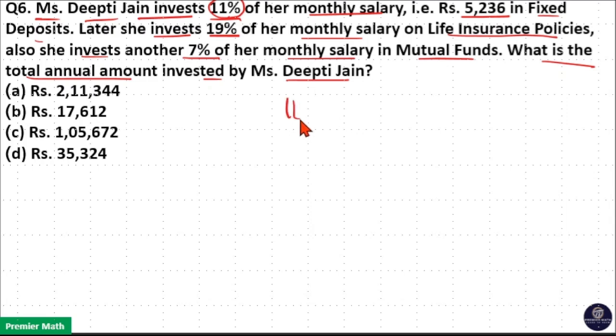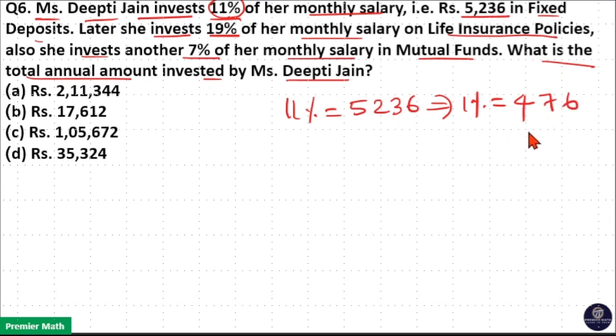That is 11% is 5236 means 1% is 5236 divided by 11. 11 goes 4 times in 52. Remaining is 8, 11 goes 7 times in 83, remaining 6, 11 goes 6 times in 66. So 1% is 476. Now, total monthly investment made by Deepthi is 11 plus 19 plus 7,